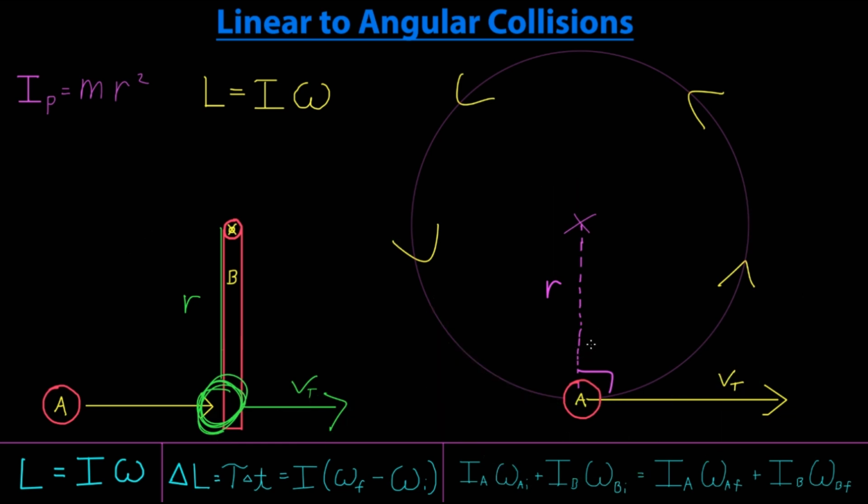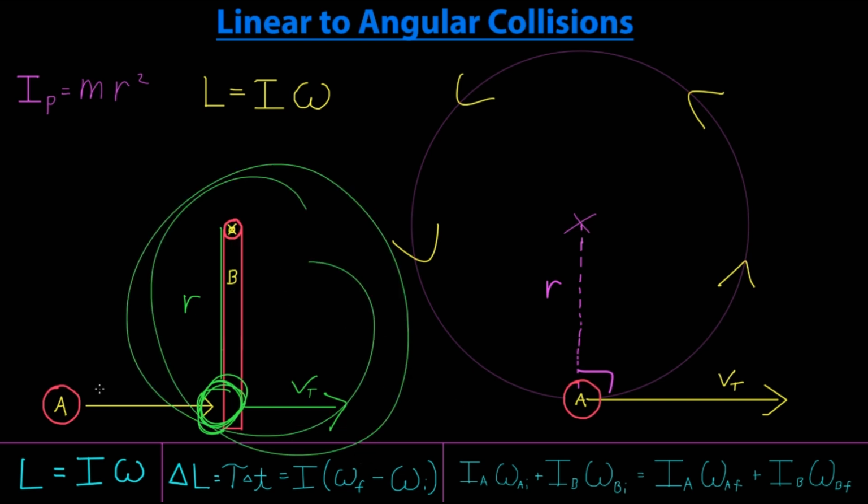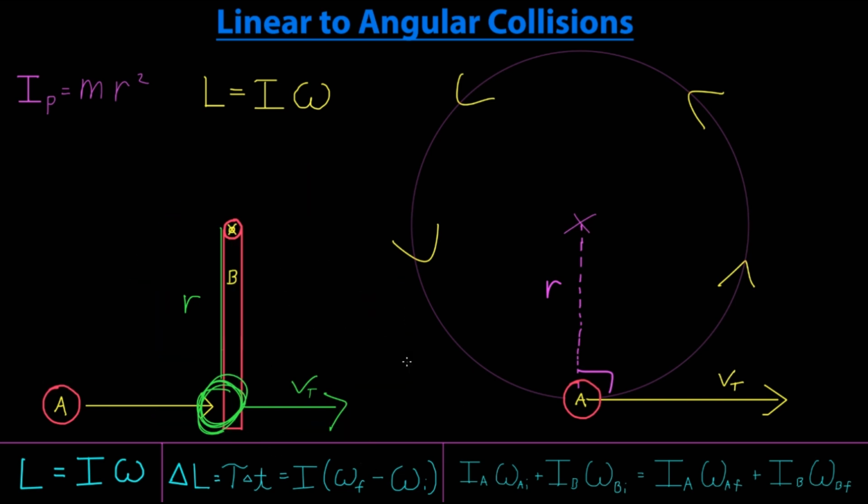At this exact moment in time, I have a radius and a right angle to the velocity. So here's my connection from the linear to the angular. Now, let's talk about how we make that connection